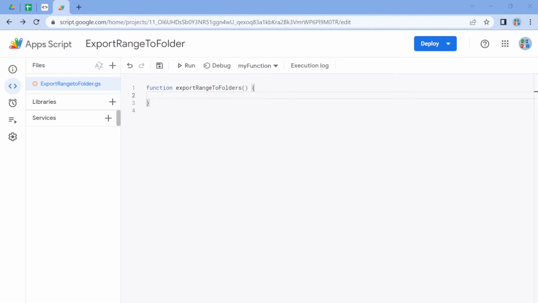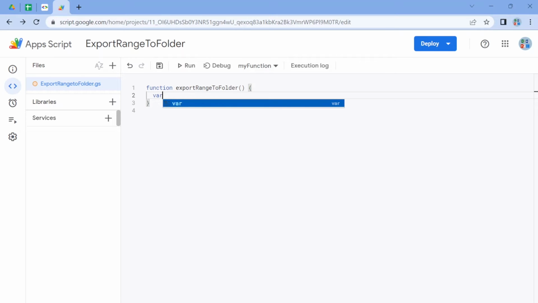Okay, so now when I'm inside this function, the first thing I'm going to do is I need to get some static range from Google Drive. Because we cannot get the currently active range as of now, because we're not in Google Sheet just yet. So we're going to go ahead and start to write something.